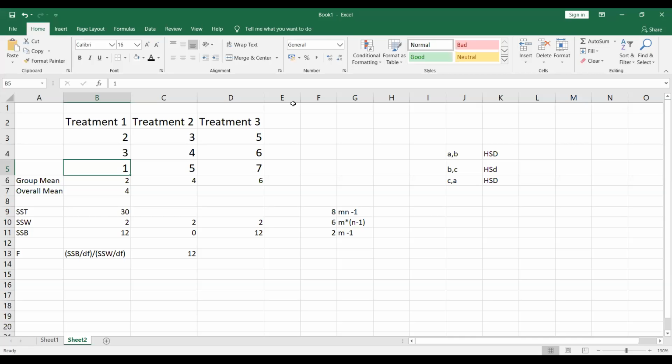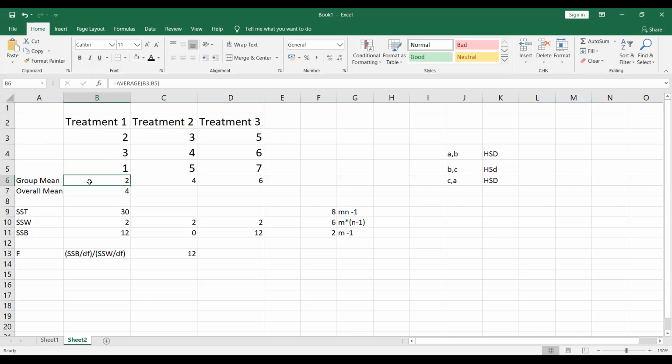Okay. If you look here, these are your raw data. The first thing that you are going to do is find the mean of each of these groups. So what is the average? In ANOVA, what you are testing is whether there is a difference between the averages or not, right? So this is what you are testing.